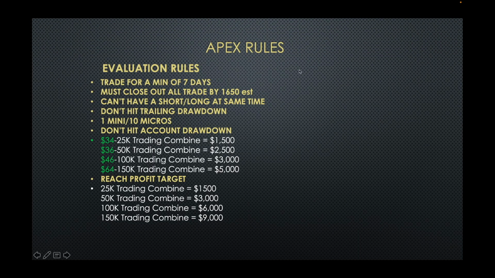So the first one to go over is Apex. I go over Apex because it's probably one of the biggest firms out there. Again, it's the cheapest firm. They do the trailing drawdown, but if you just want to learn how to trade and mix with prop firms, or start with prop firms, this is probably the best one to go with, just because it's the cheapest. You don't have a lot invested in it to try it out and see, okay, what's this all about.